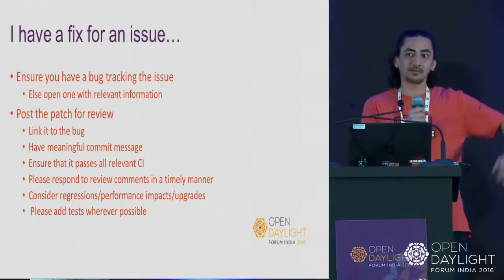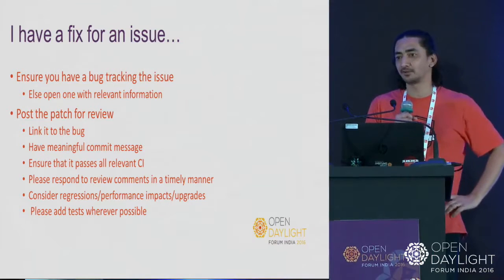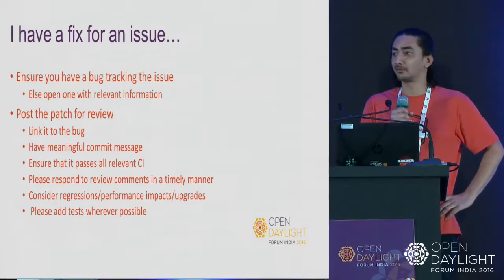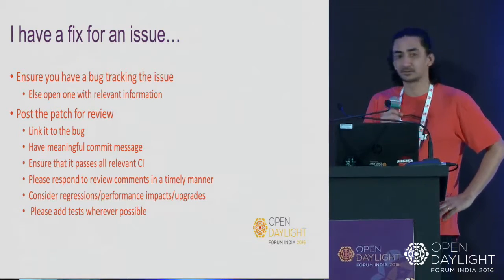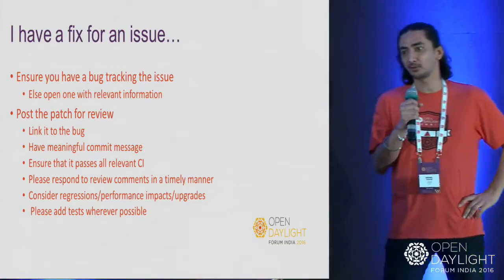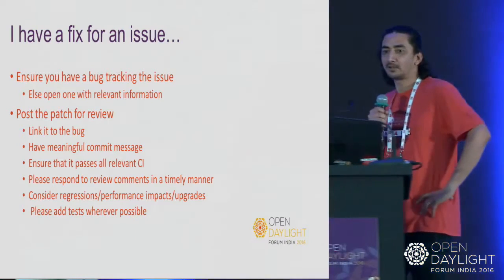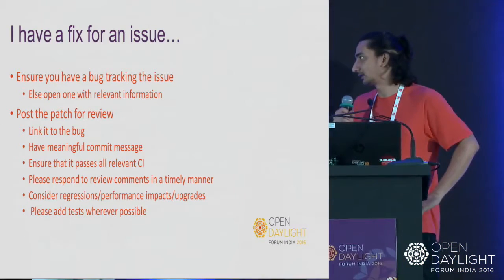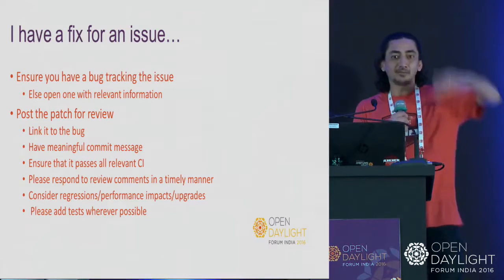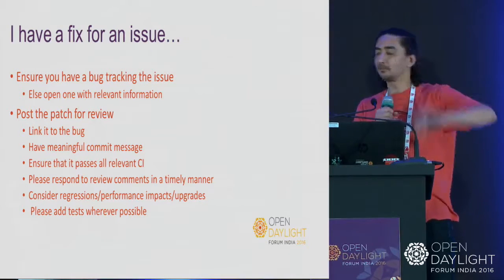If I have 10 reviews in my queue, and I have only 20 minutes to review before I go take a shower and start heading for office, which one am I more likely to review? The one which has verification +1 or -1? +1, of course. If I have a review patch coming in with 1,000 lines of code versus one with 5 lines of code, which one will I review first? The smaller one, obviously. And if someone has already given a -1, I will not even take a look at it. And if I have 10, it may be scrolling multiple pages. Anything which is on top, of course, human nature, right? We start reading web pages top to bottom. Anything which is on top will show up first.